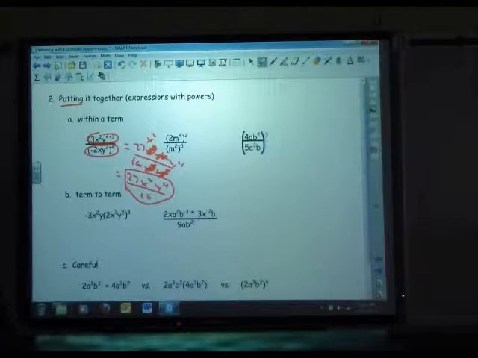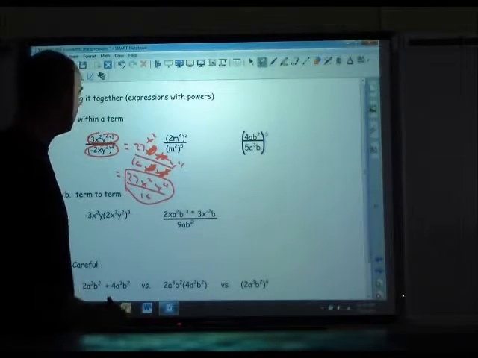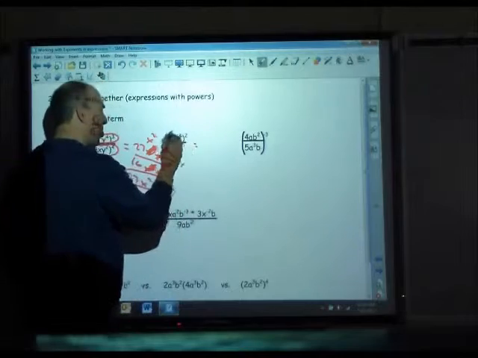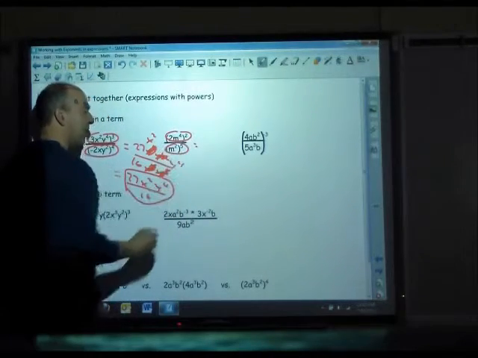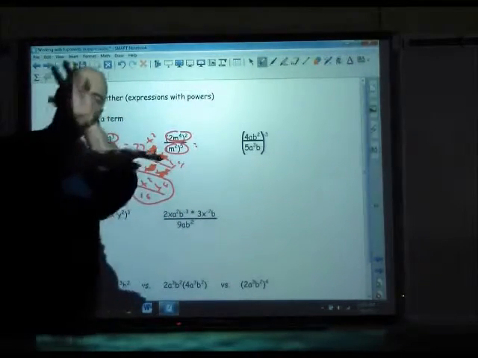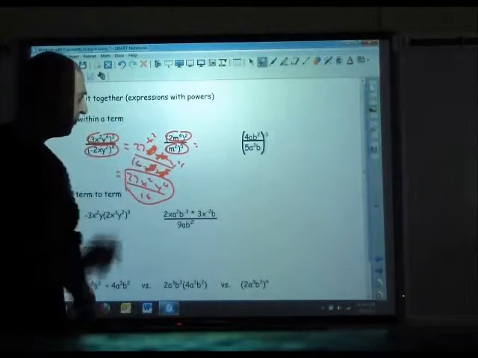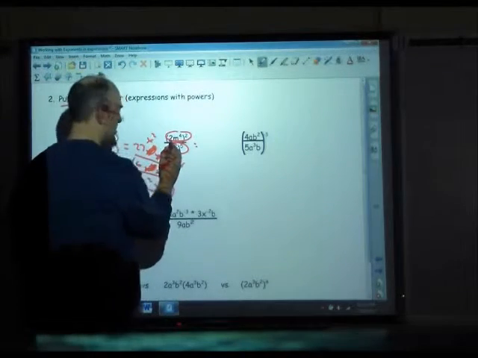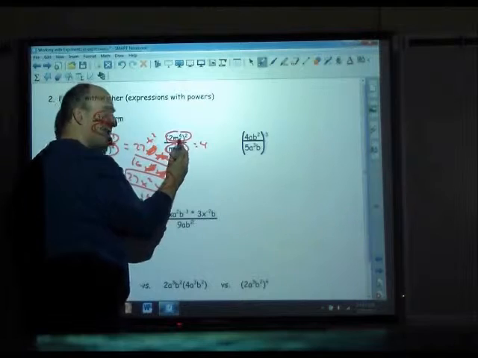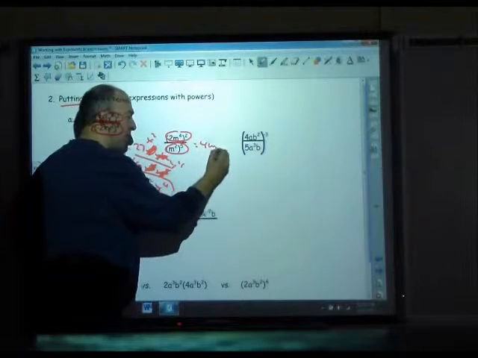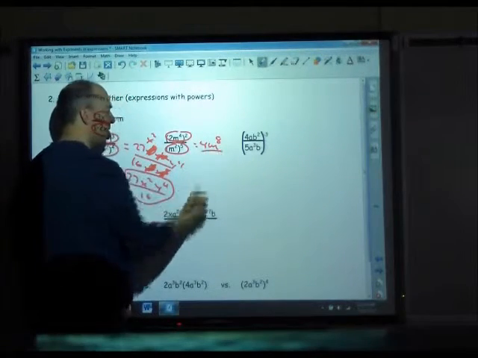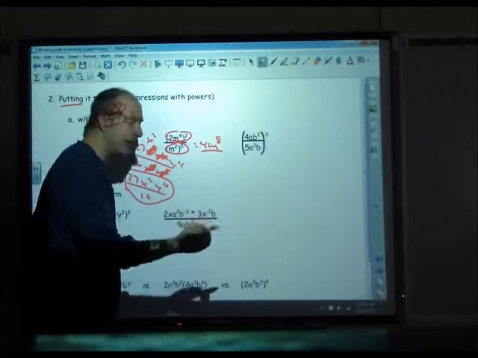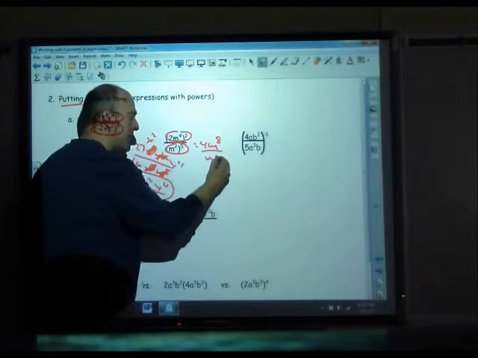Okay? And I've got some similar problems here. So here again, I would have to power this up and power this up, and then look to see if there's some reductions top and bottom, some power struggles. So if I look at this, I've got 2 squared, that's 4, m to the 4th to the 2nd, multiply those exponents, m to the 8th, over m to the 2nd to the 5th, stacked, multiply, m to the 10th,